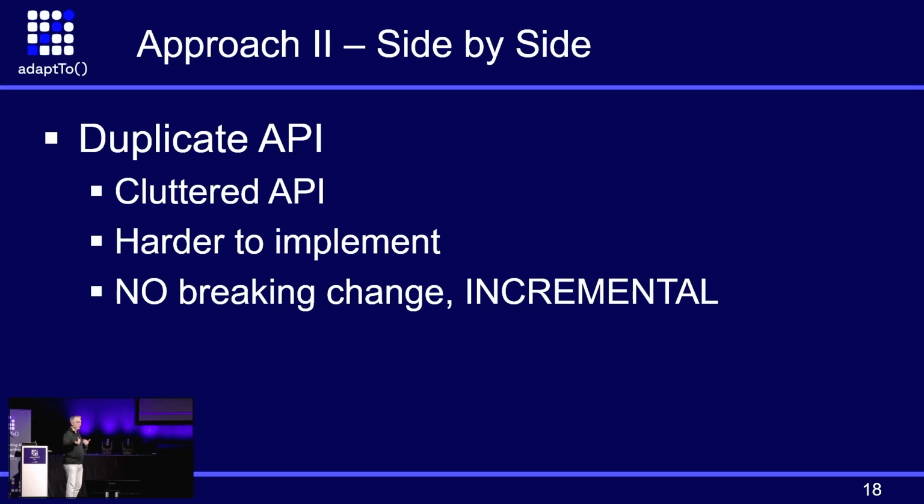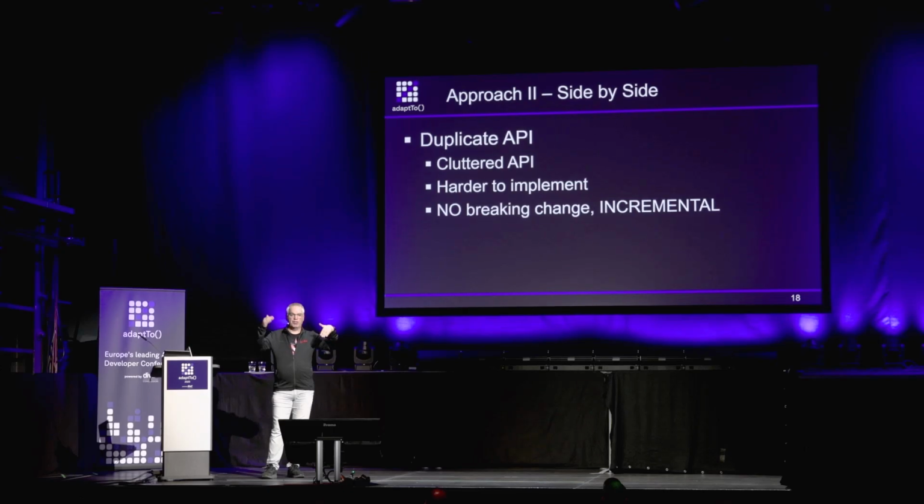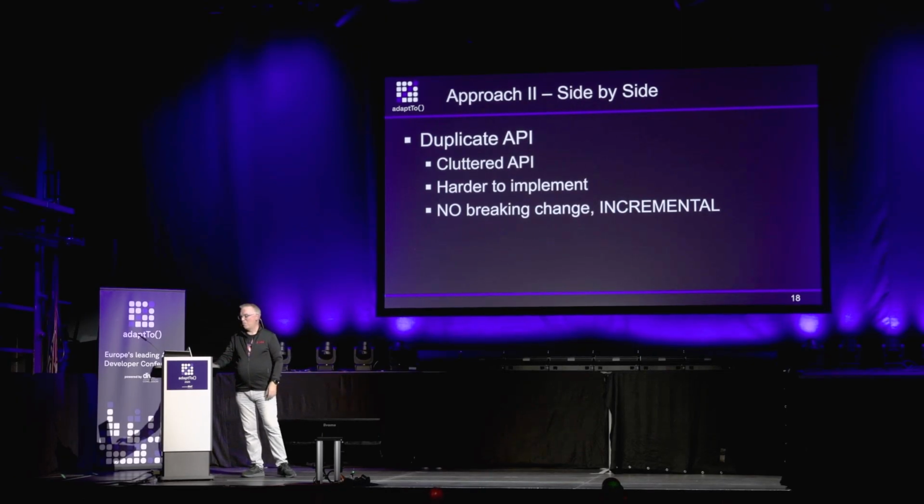Then you have the thing that OSGi more or less did. You have the side-by-side, and that's the way we now did. We basically duplicated all the API, and in the copy changed from javax to Jakarta Servlet. That is much harder to implement, because now you have to deal with these cases where there is a service implementing the old interface, a service implementing the new interface. How do they work together? What is the ordering and so on? So there are many things to consider. But we did it, so don't worry about that. And it's no breaking change. You can just start in your existing code to use the new stuff.